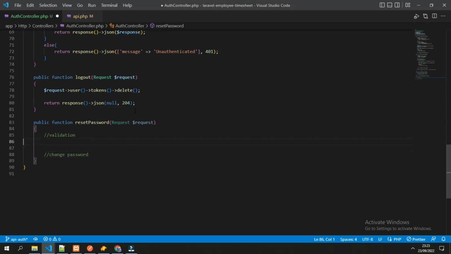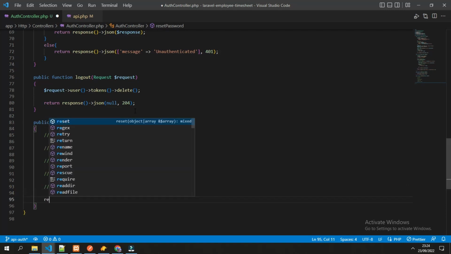But before we can change the password, we need to get the user object first. After it changed successfully, we can update the user and delete the remaining token from the user. And the last is to return the response.